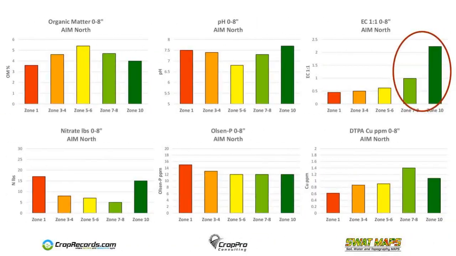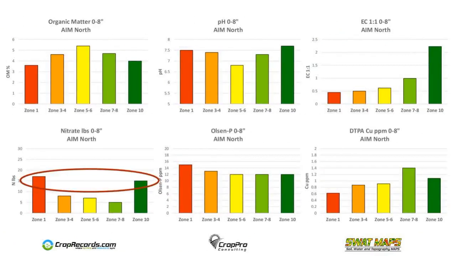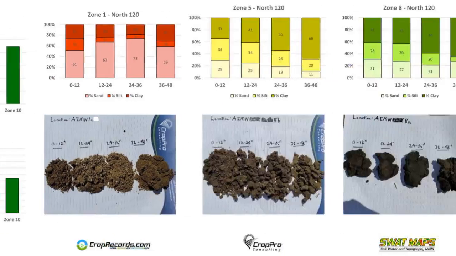In terms of electrical conductivity, we did see a big spike in the upper zone, so zones 7 through 10, and we're just wanting to be mindful of that, and it might help us to interpret the results that we're seeing in the field later on. And then finally, just looking at the residual nitrate in the spring. So in zones 1 and zones 10, we did see a spike in available nitrate there with reduced nitrate in the middle zone. So I just wanted to set the stage with some of this soil information, and it might be useful when we look at the results that we saw throughout the year.